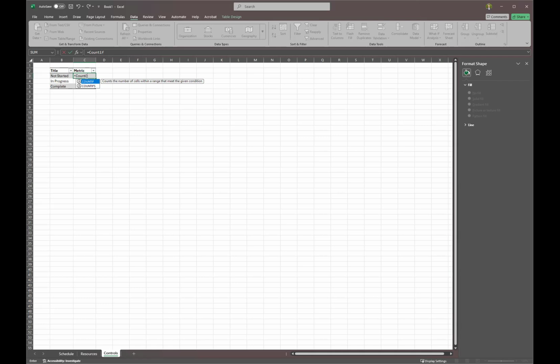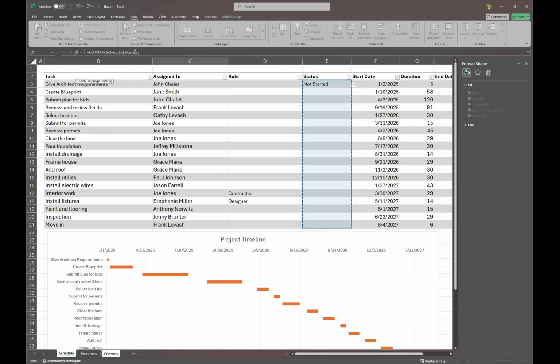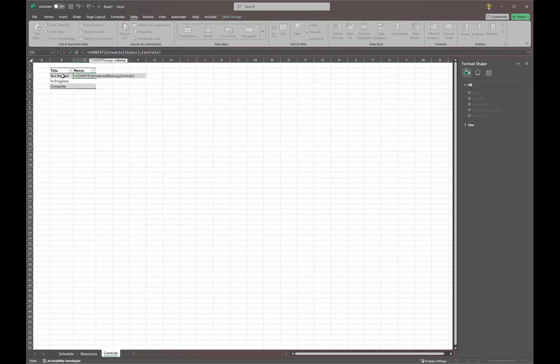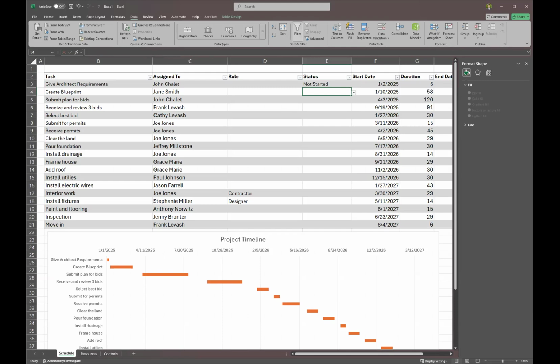So I think in this case, I only want to do one criteria here. So I'm going to use count if, and it gives you the function. So the range that I'm going to count is the status, and you'll see that I actually reference it by name. So the scheduled table, the status column, and the criteria is that whatever field is in here equals whatever value is in here. And so you could just click on it. You don't have to do any special formatting or formula. You could just say like that, close it off, and it adds: there is one not started, one in progress, and none complete. So if I, again, do this,